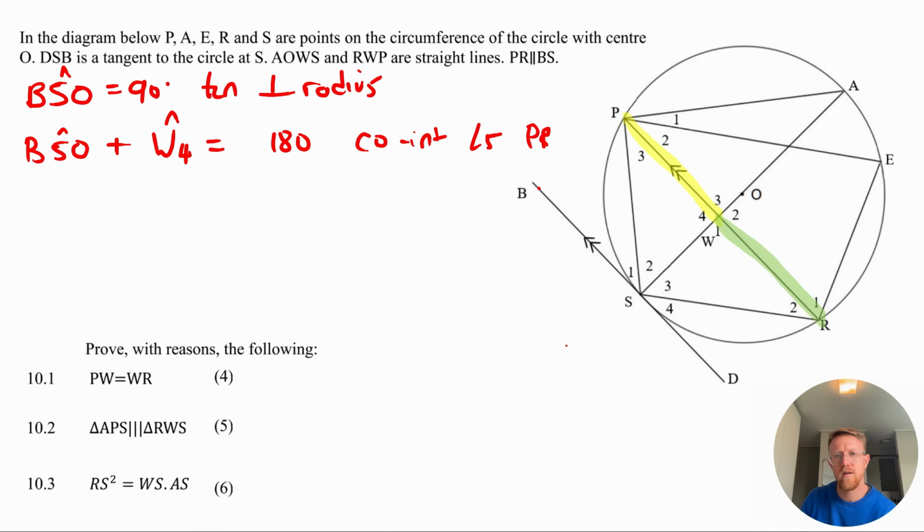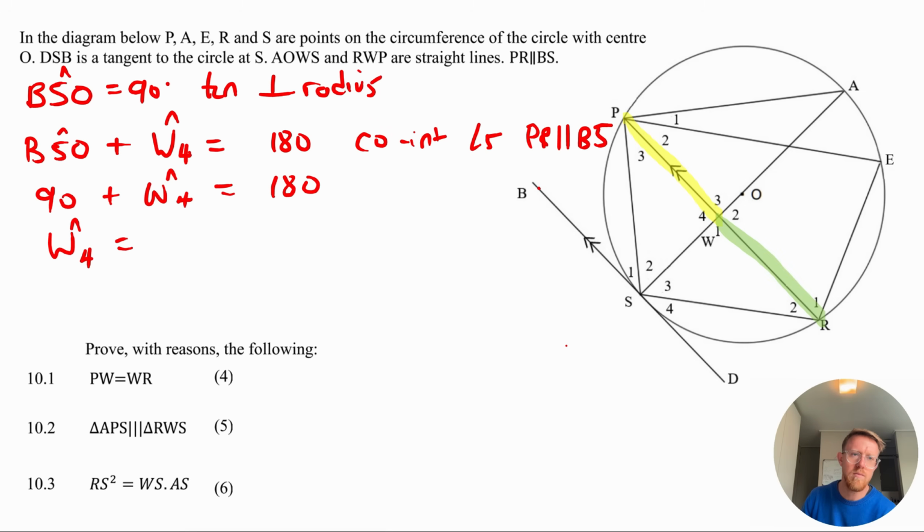PR, parallel to BS. So if we then say 90 plus angle W4 is equal to 180, then angle W4 must be 90 degrees. So